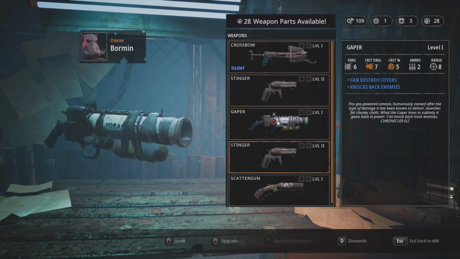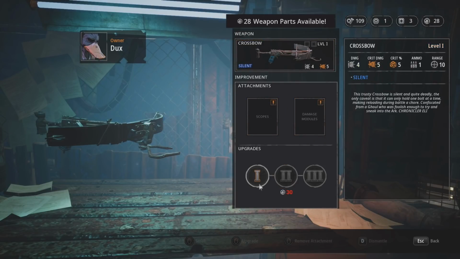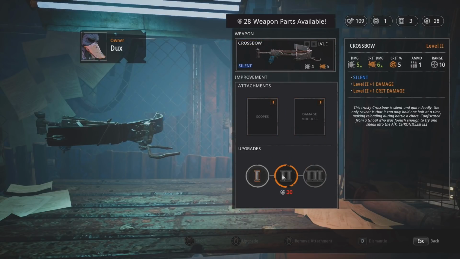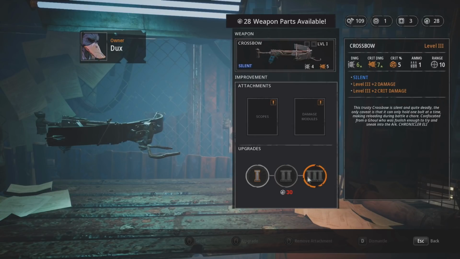Can I get it for free? That's what I really wonder. Alright. Oh, we can even dismantle things if I don't want to keep them. So what kind of upgrades can I do? We can upgrade the damage for 30 weapon parts. 5 damage, 6 damage. The crit damage can be raised up by a good amount as well. Well, not really, but...